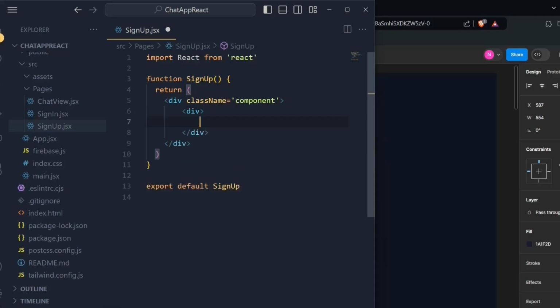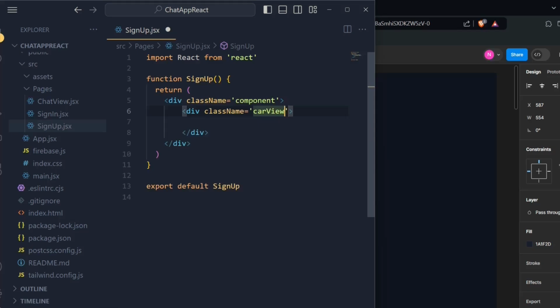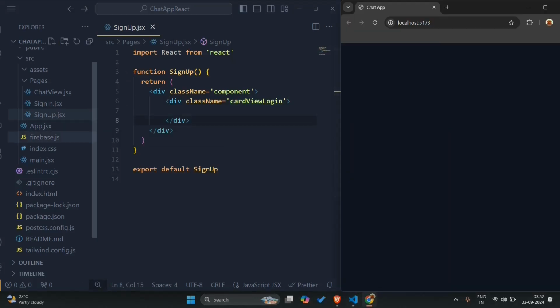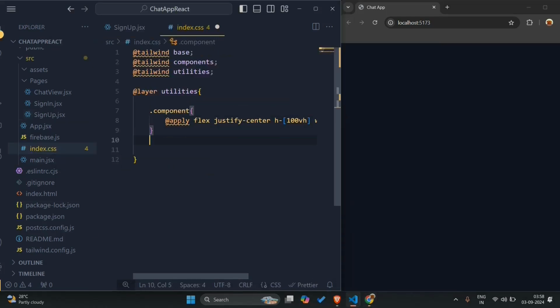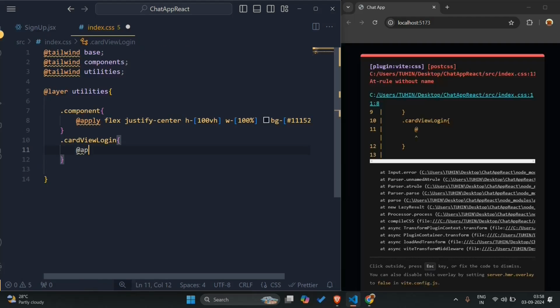Now create another div, and in this div, we'll just say class name of card view login. Copy the card view login, and again go to the index.css. I'm creating it here because it will be reusable while making the sign in page too. Again, just say apply